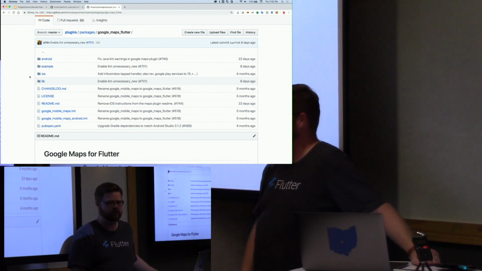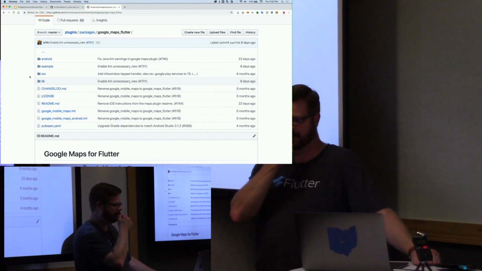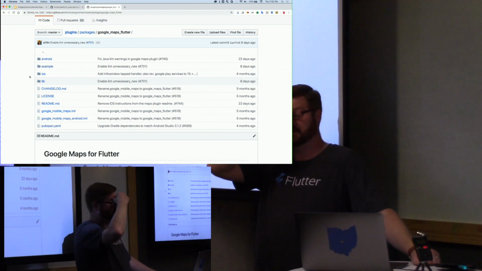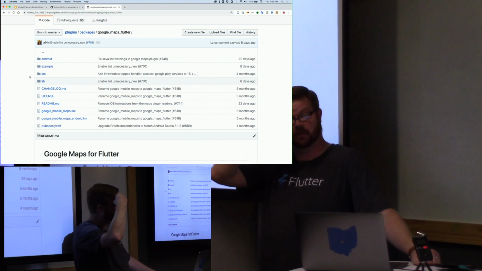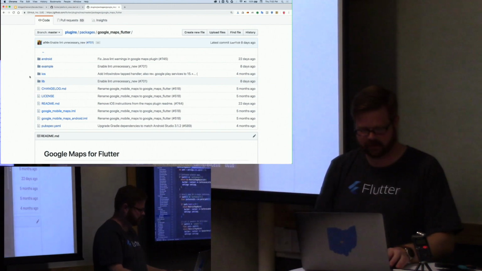Anything else? Anything I didn't get into enough detail on? What about the build system? What does it typically use? That is a very good question. The Flutter build system is not something I'm really going to be able to answer, unfortunately. We don't have a build system in the way that Android has something like Gradle, where you can mess with it. You do have things known as builders